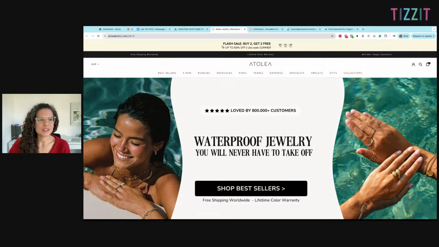Anyway, so announcement bar. They have done a bit of a double stack here, but the real announcement bar is I think what is in black. And because at the moment they have a flash sale, they've added another one here for that flash sale. So flash sale, but you get 2 free. We have a countdown timer for the end of the sale here. And then the actual evergreen announcement bar that usually stays is free shipping worldwide, lifetime color warranty, 800